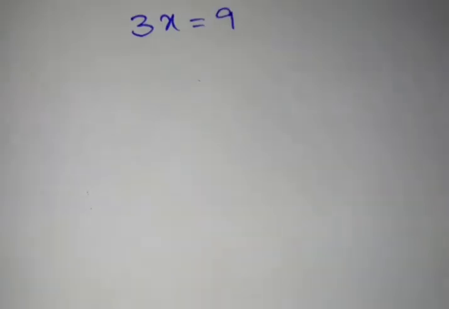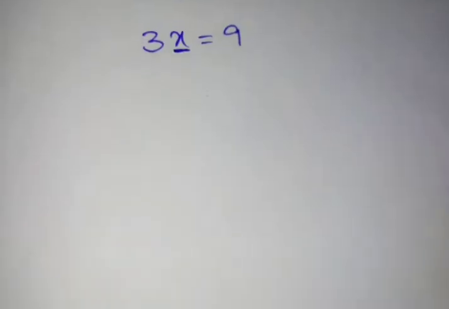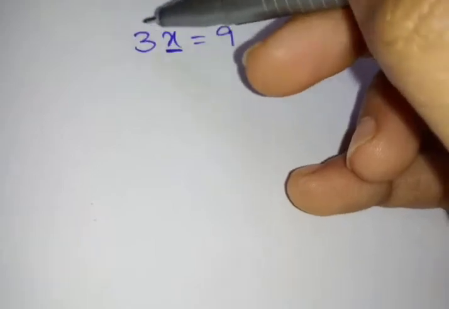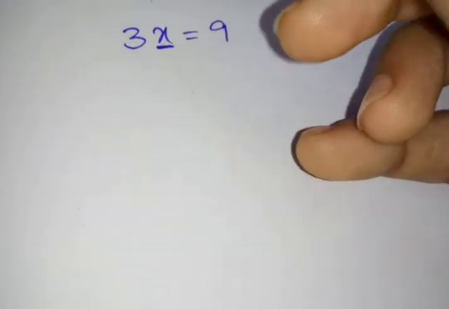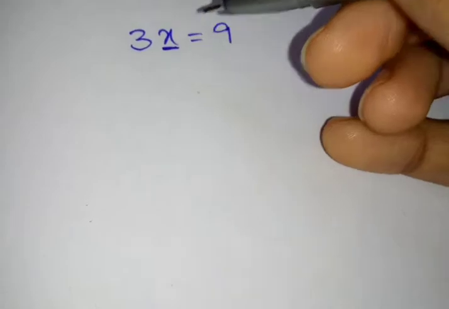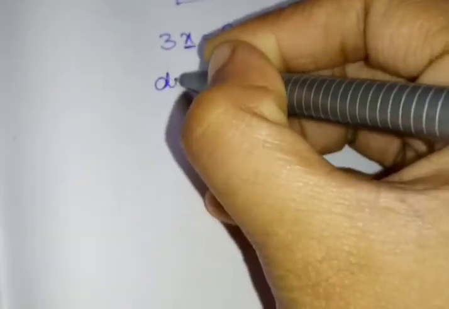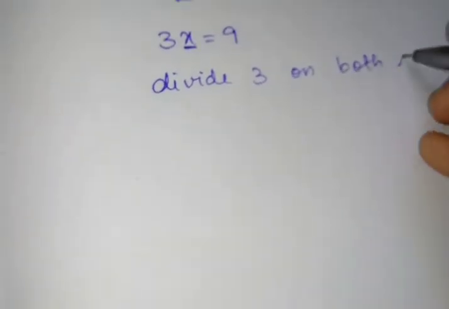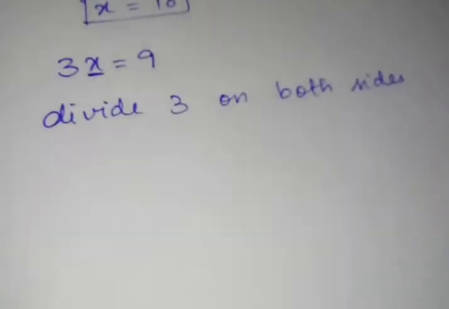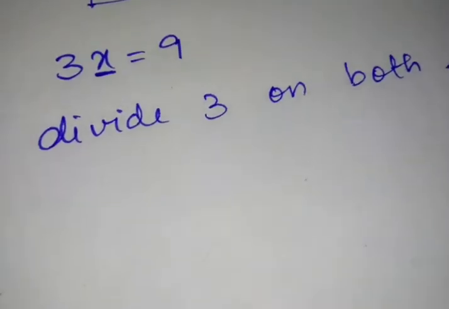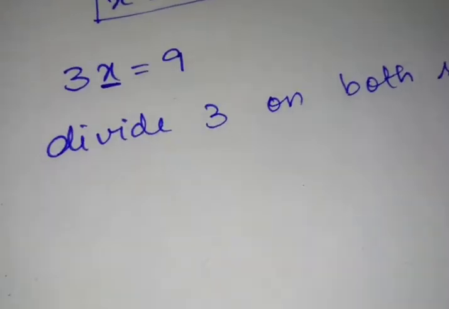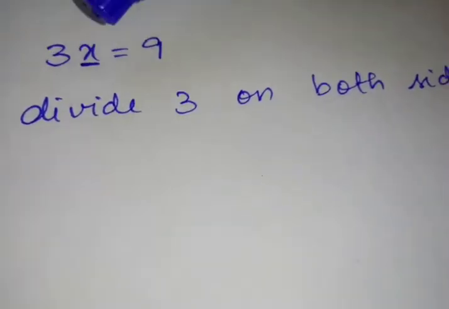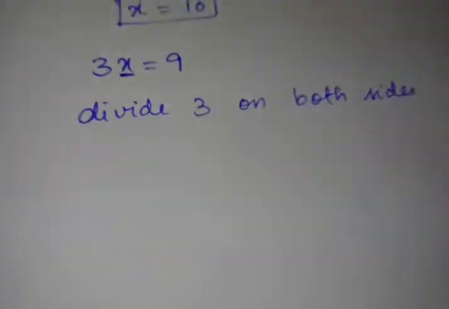Now we are going to solve it. What do we want? We want only x, but the 3 is extra. Actually 3 is multiplied with x. So in order to eliminate this 3 which is multiplied with x, what will you do? Divide by 3 on both sides. Why are we doing division, children? If it is plus, you do subtraction. Subtraction means you do addition. Likewise, multiplication by 3 means you should do division by 3 on both sides.